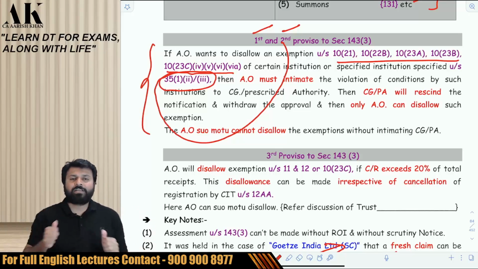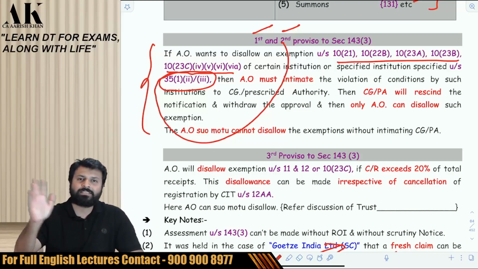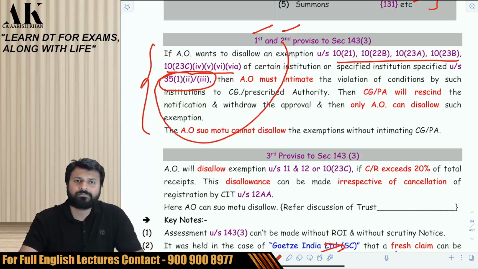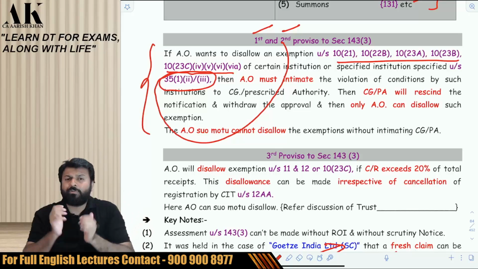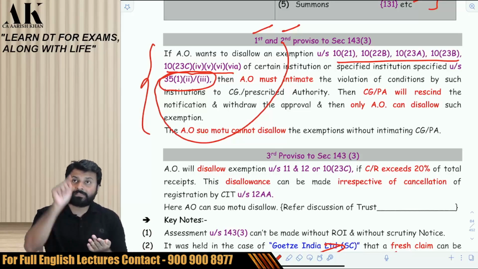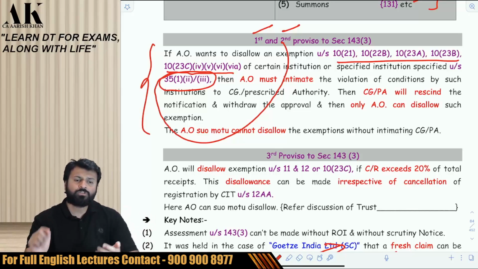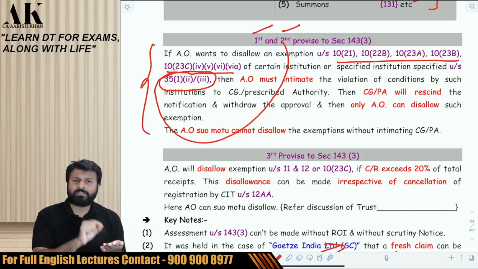These are the assessees which are covered under 10(21), 10(22B), 10(23A), etc. Now, their income is exempt, subject to a lot of conditions, and the conditions are given in the central government notification. Now, the AO, while doing the assessment, found that there are some conditions the assessee is not fulfilling, subject to which exemption should be granted. But the assessee is violating certain conditions. So, what is the obligation of the assessing officer in such a case? The obligation of the assessing officer in such a case is not to disallow